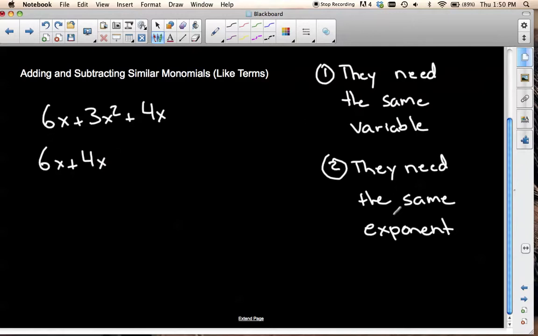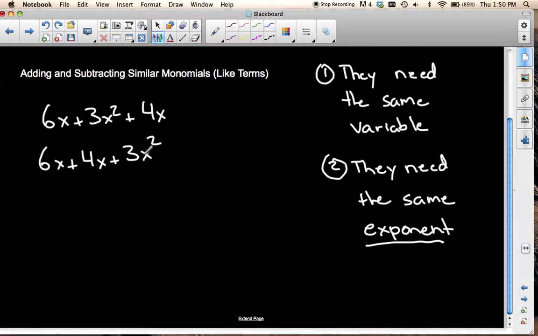But they also need the same exponent. They have 1x, so the exponent that's there is 1, even though we never write it. There's an invisible 1 because there is 1x. But we also have 3x to the power of 2. It has the same variable, so in theory we could add it, but it also needs the same exponent, which